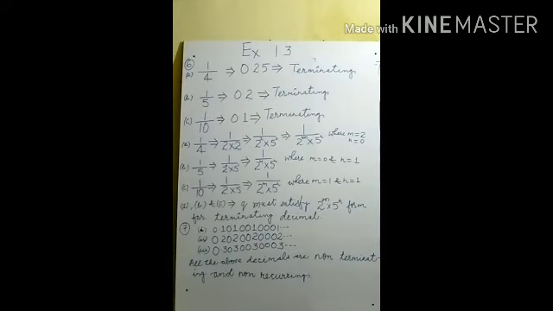In question number 6, it is said that we have to take different fractions or rational numbers which are resulting in terminating decimals. On the basis of this, we have to satisfy the property of Q. Q means it is the embodiment of the denominator. P upon Q: P is the numerator and Q is the denominator. So we have to satisfy the property of Q. Q means denominator.